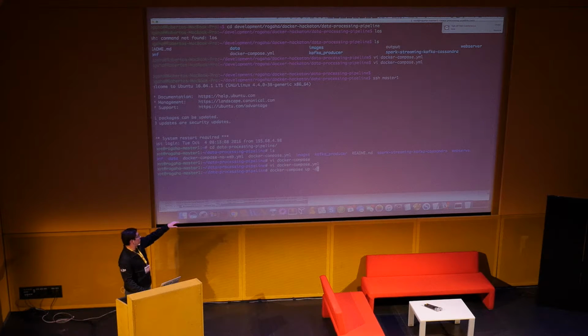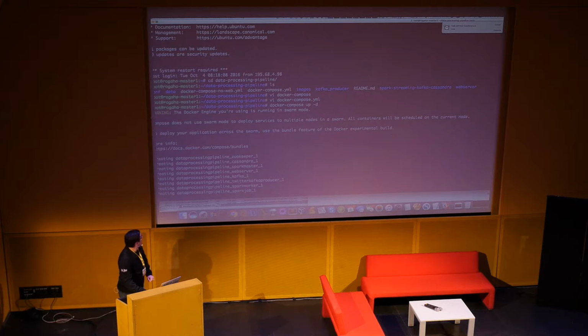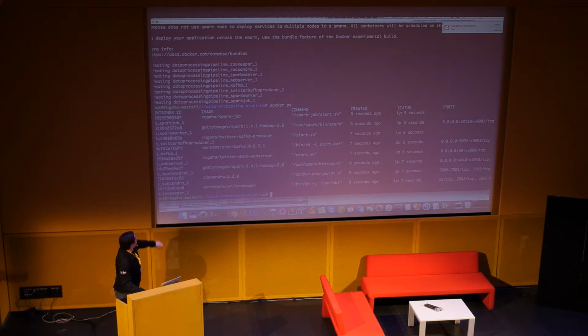So first I'm gonna show this compose file with everything running in my simple node. All these services are running in different containers. So if we see here, we have all the services running. They have the configurations. They are talking to each other. And if we see this, the web service is exposed on port 80. So if I go to the browser right now,